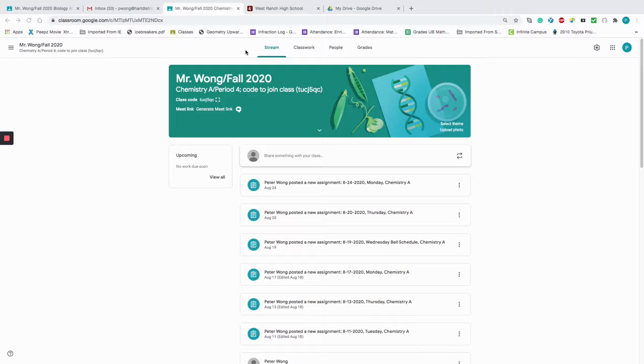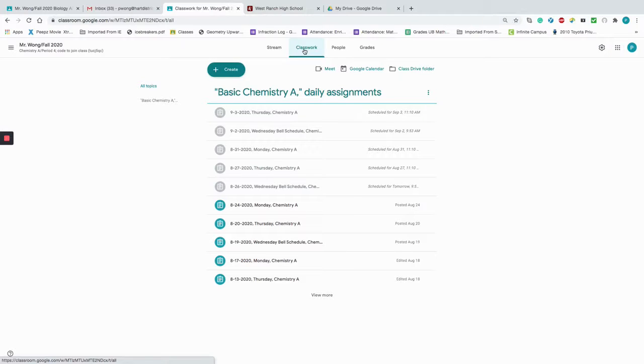Once they've done that and gotten to this screen or something similar to it, because the student view may be a little different than the teacher view, students need to click on the Classwork tab here, like this, which will take them to the respective class section. Then they need to find the daily assignment that they're looking for by the date and click on it to view the assignment and online meeting link. So if we were looking for the assignment for August 24th, we'd go down here to August 24th, click on it,